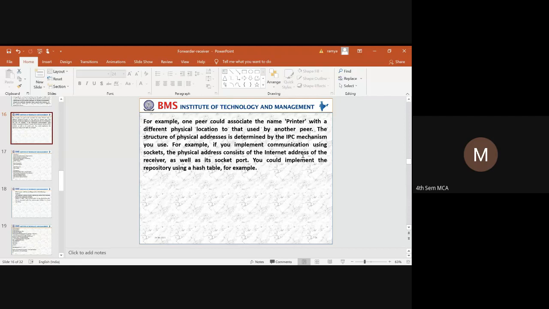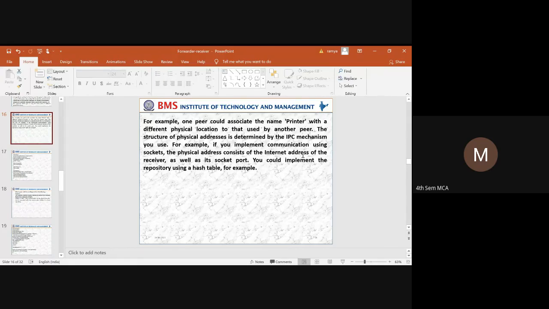To locate that address, it has to identify the IPC mechanism. So it should identify the IP address of the system. It should locate the socket,